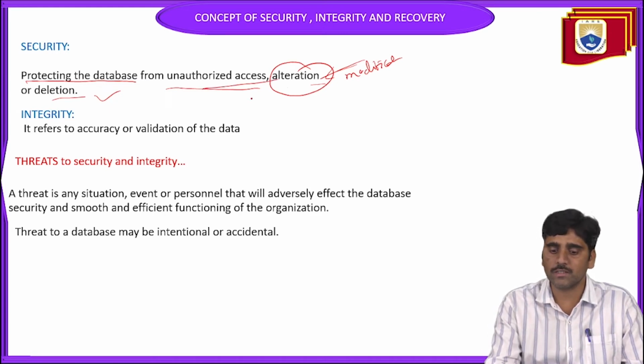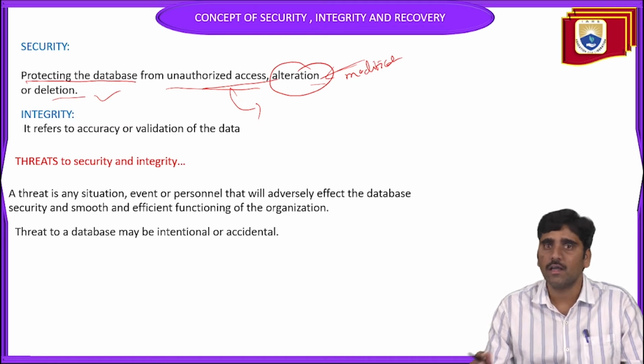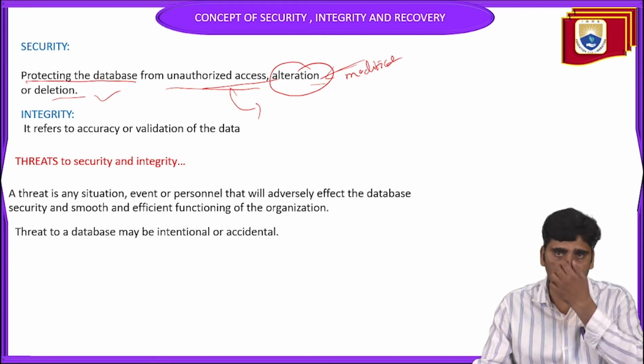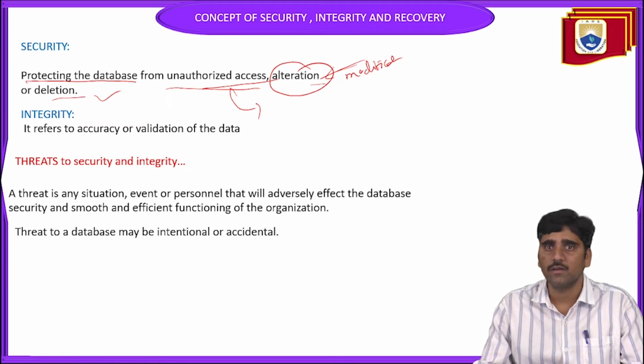These are all unauthorized actions they can perform: accessing the database, modifying the database, deleting the database. So protecting our sensitive data, or protecting the entire database itself, from unauthorized actions is called